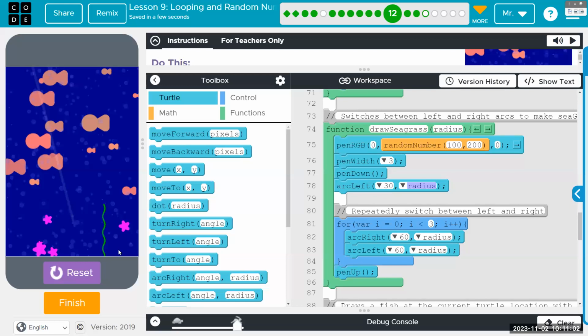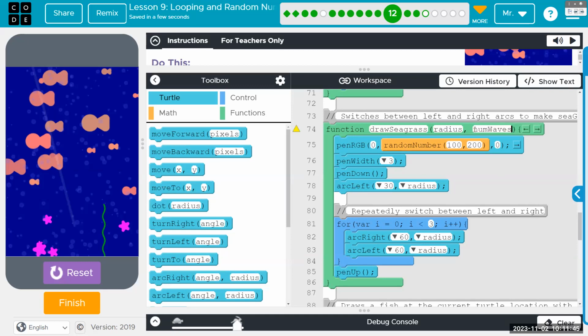But we want an ability to change the number of left rights. Right now, every single time it takes a small 30-degree left turn, and then it goes right, left, right, left, right, left, exactly 3 times. We want seagrass that can have different numbers of left rights and change the size of those left rights. So the way we're going to do that is we're going to add a parameter. Anything you want customizable, you need to make a parameter for. What do we want to customize? They're using the word num waves,